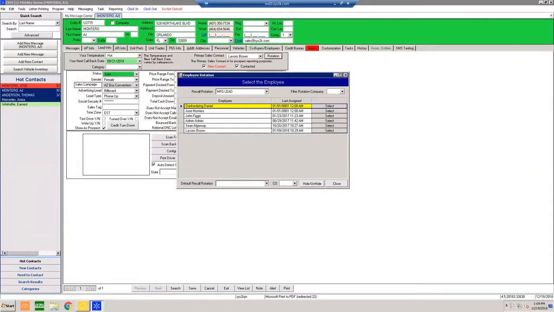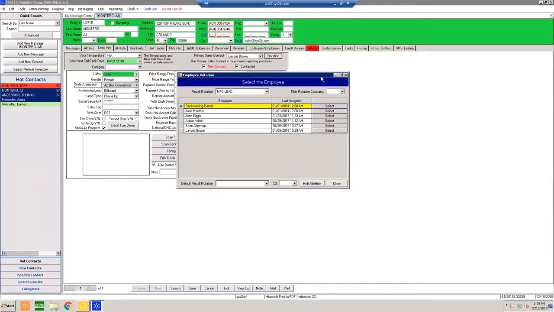Just apologize about that. So again, the yellow bar is significance the next man up. That'll give you the option to select that. Now, that doesn't mean you have to select them. That's just highlighting that they're available, and that's the next one available. That's supposed to be selected on the rotation list you have available. Okay. Now, obviously, this is pre-populated already because we have this as our demo system, so you see a list